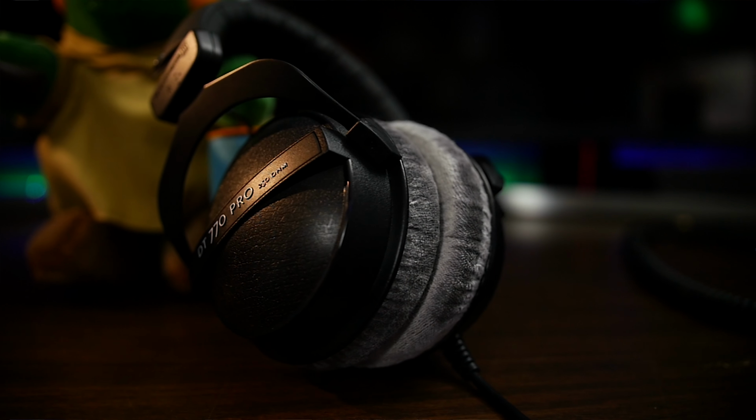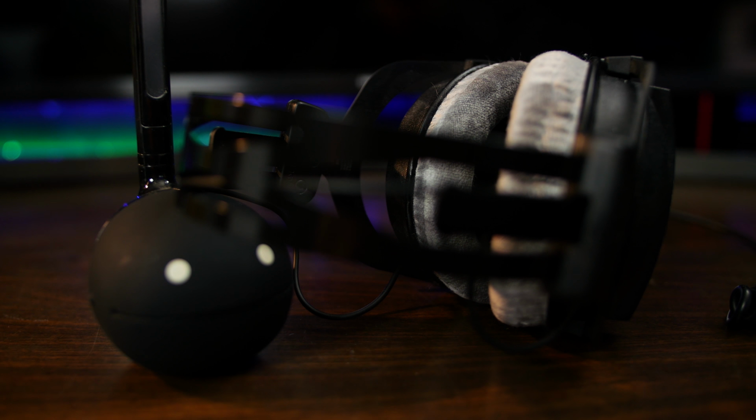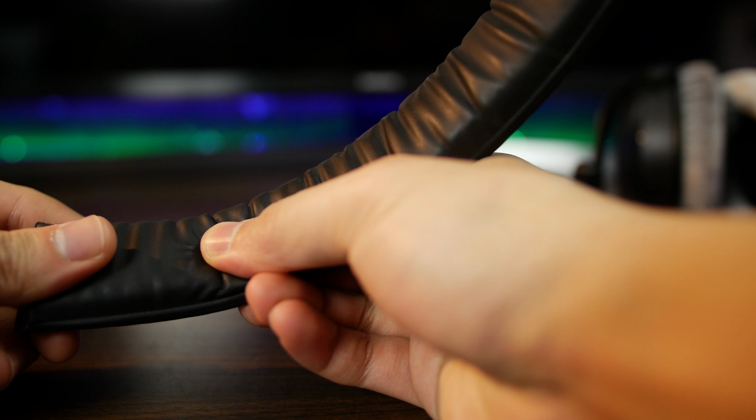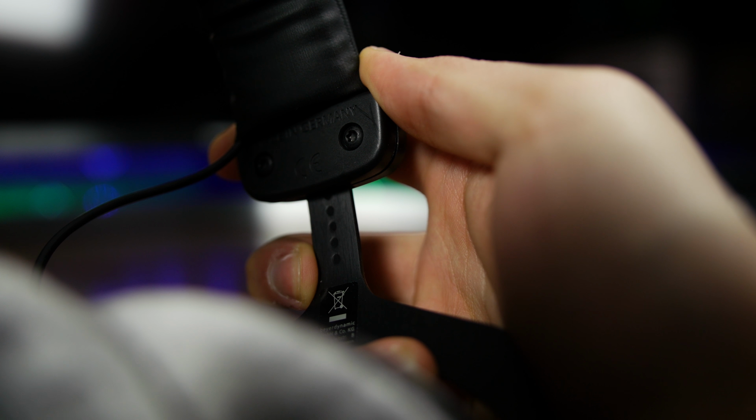Enter the Beyerdynamic DT 770 Pro headphones. A Beyerdynamic entry, even. They have a closed-back design and advertise a bass reflex technology for bigger booms. The headband is made of metal with plastic joints and wrapped in padded leather that can be removed for easy cleaning. The step adjustment yields some fairly unsatisfying clicks that feel a little too smooth for me, but you can